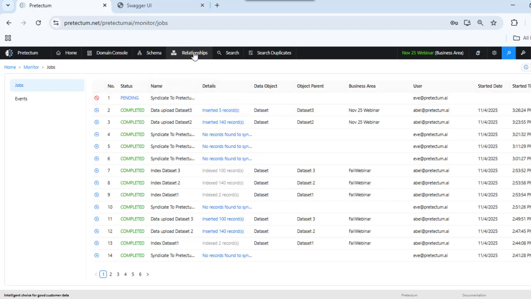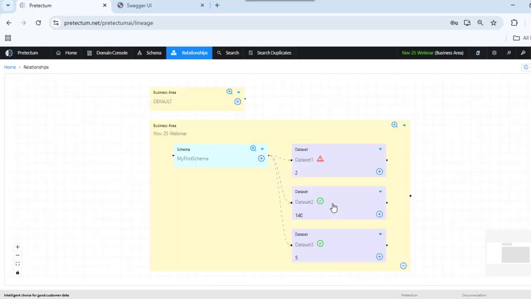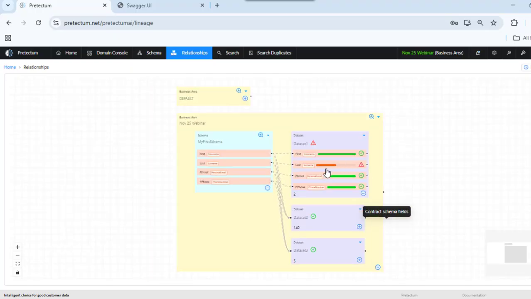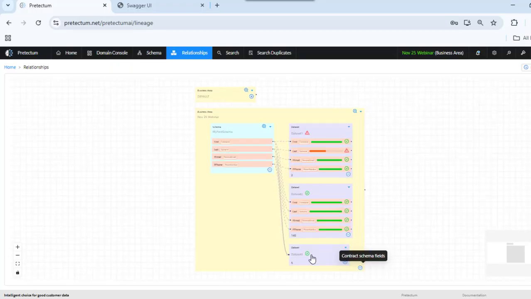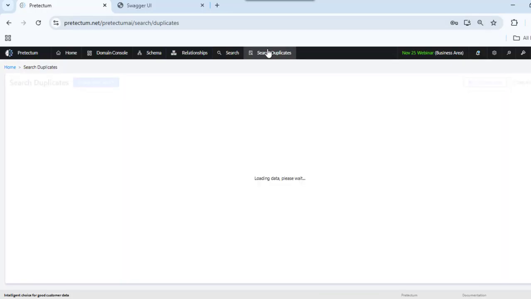Let's go and have a look at our relationships map now, and you can see here that in my new business area that I've created, I've got my first schema. There's my schema definition. I've got my data sets. You can see that I've got a problem with at least one record in this data set. If I look inside these others, they all look pretty good. But what I don't know at this stage is whether there are any duplicates across any of these records. So I could go and run a search duplicates job,